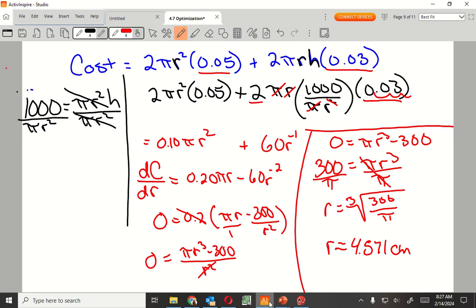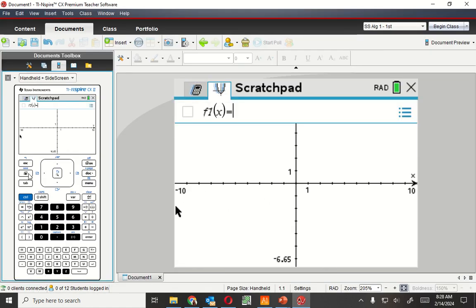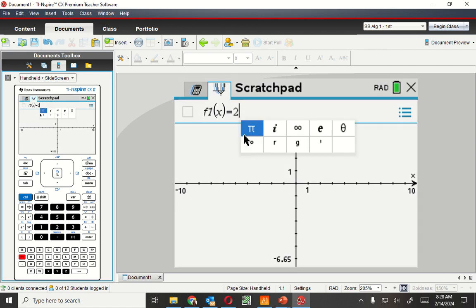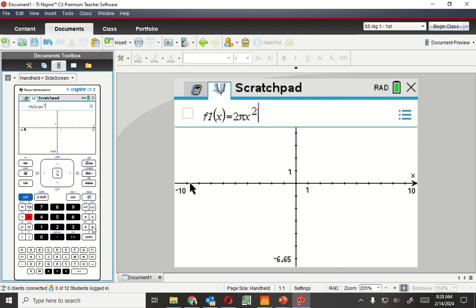Now, we did this numerically. We got our values. Now let's take a look at what our graph of this is going to be. So I'm going to put the cost function into the grapher to see what the cost function is going to tell me. So we started with 2 pi r squared, so it's x squared, times 0.05 close